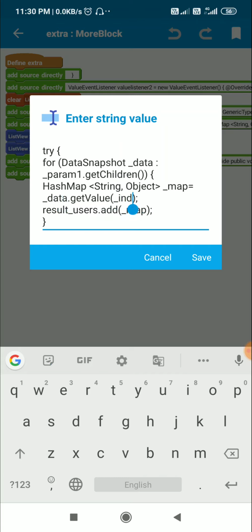Underscore ind indicates a map variable, underscore data is the snapshot from which we get the value in map variable form, and that will be equal to a map variable underscore map. And then I add this map variable to the map list, which is result underscore users. This is a list map to which I add the map variable underscore map, and this occurs for all the children of underscore param1 using this loop.